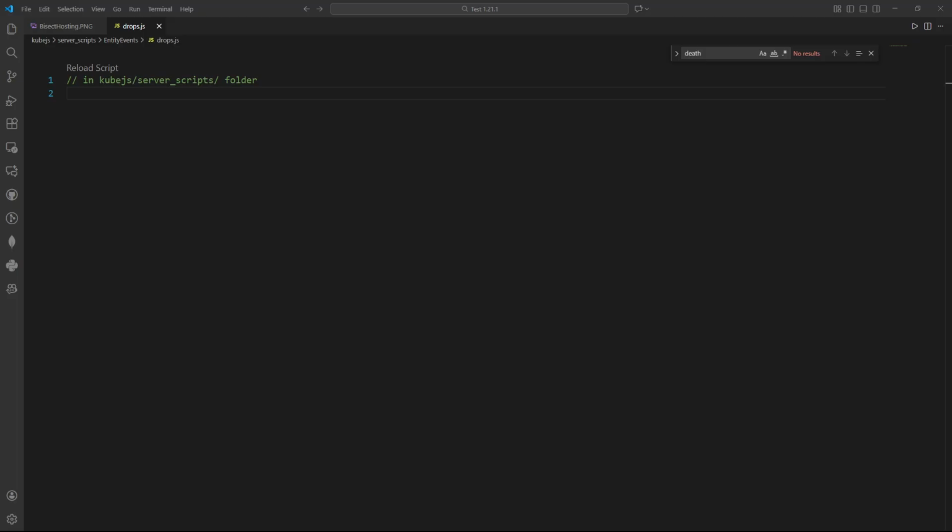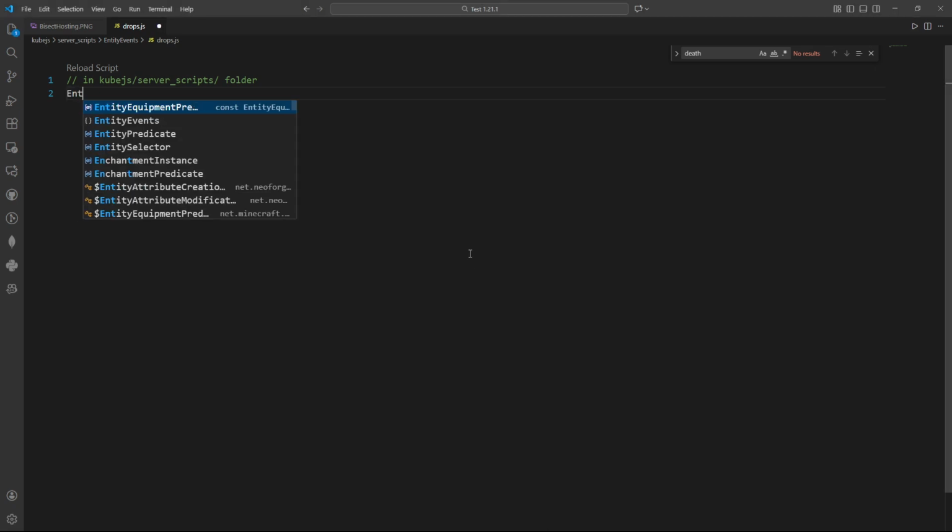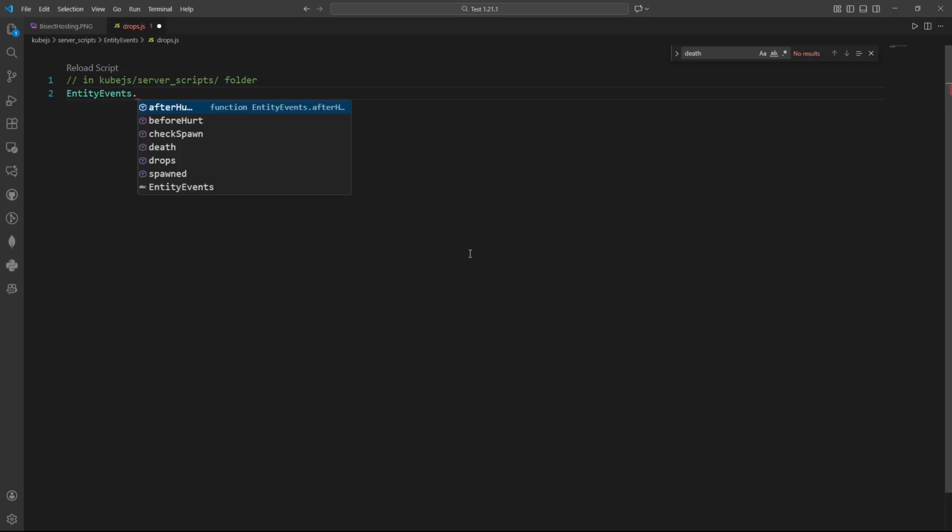So as we can see here, I have a JavaScript file named drops.js. It's inside the KubeJS server scripts folder. Everything that we're going to do in this video has to be in the server scripts for it to work. So the first thing we're going to do is prevent drops entirely. But before we do that, we need to understand what the basic event listener structure is. So we're going to do EntityEvents.drops,